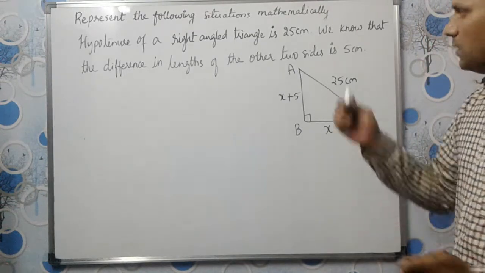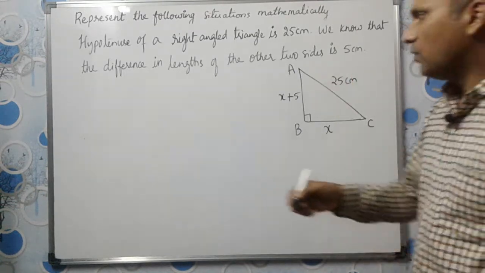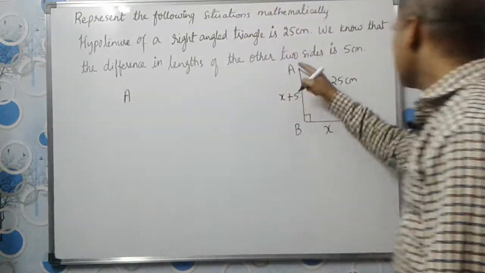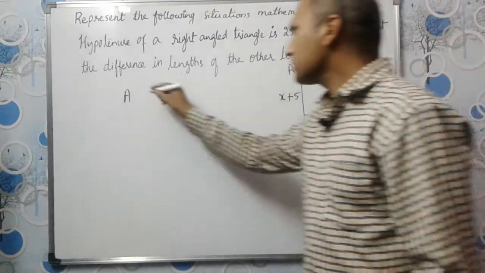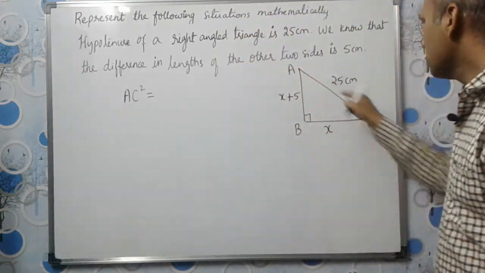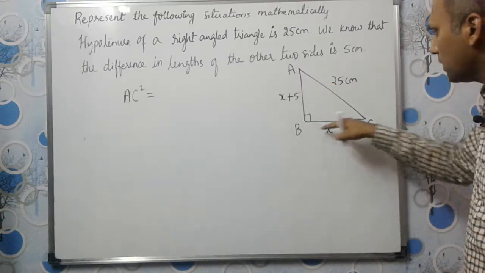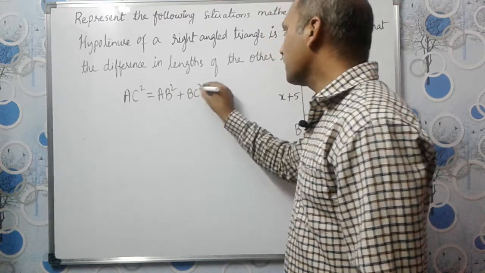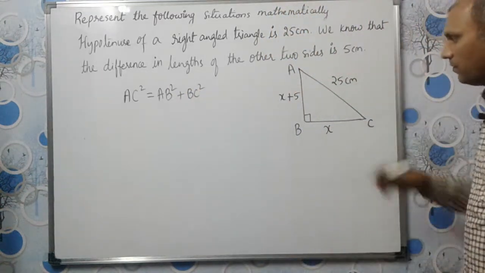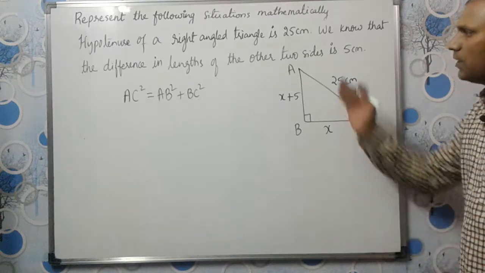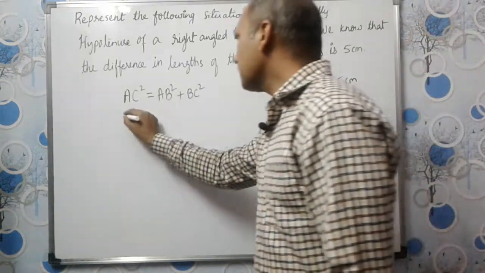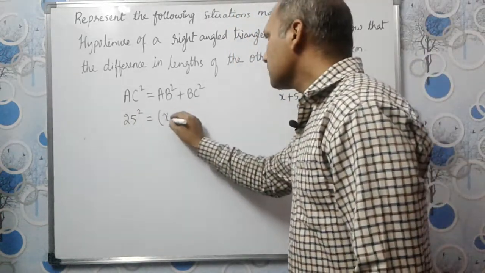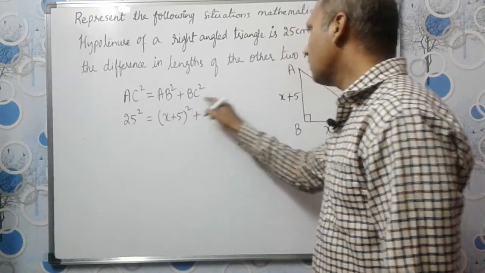Now we know the Pythagoras theorem, right? What is the Pythagoras theorem? Apply the Pythagoras theorem: hypotenuse square. So what is the hypotenuse in this case? AC. So AC square should be equal to AB square plus BC square. This is the Pythagoras theorem, isn't it, for this right angle triangle? So now let us substitute the values. AC is equal to how much? 25. So it is 25 square. What is AB? x plus 5. So this is x plus 5 whole square, plus what is BC now? x